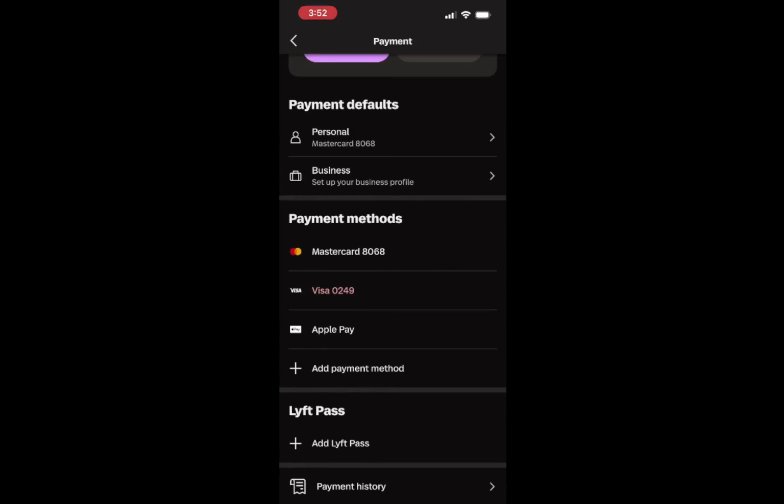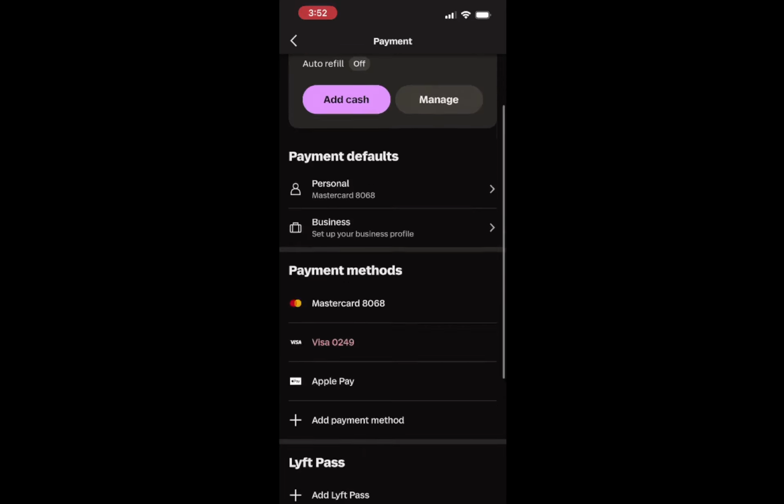Regularly checking and updating your payment information is a good practice, especially if you change cards or want to add new payment options. It helps keep your account secure and ensures that your rides are always paid for without any